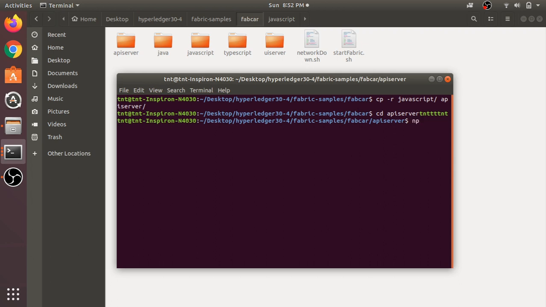For that we have to run npm install express body-parser. I am not going too deep into Express.js; I think you are familiar with that.